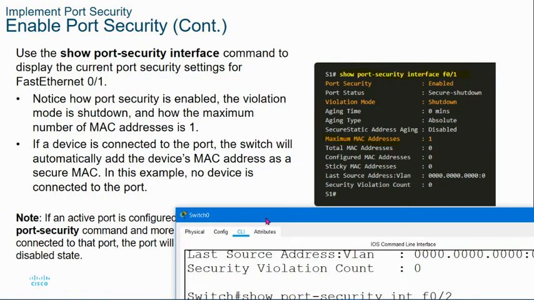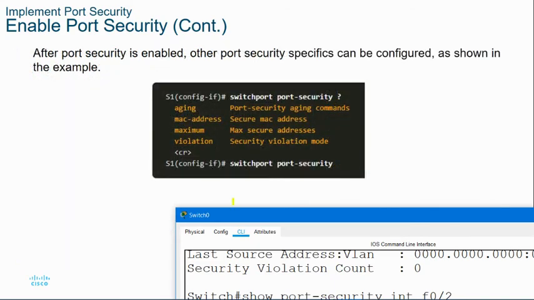From this output, you can understand whether any device is connected, whether any MAC address of an end device is registered with this interface, either manually or automatically. In this example, no device is connected with the interface, so you can see the address, what the MAC address of the device is, from here.